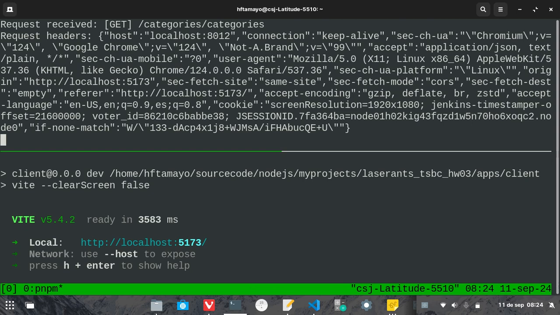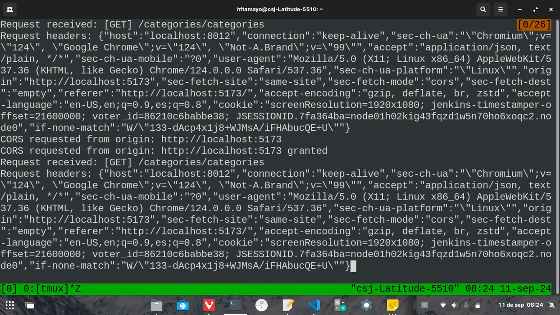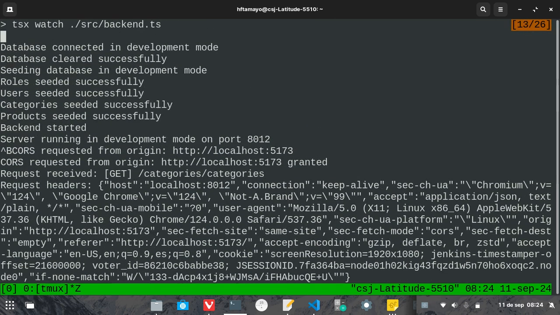So let's go to the backend, and as you can see, we are getting this walkthrough. For example, I got a request from, in this case, the front end, which of course is in the whitelist. And if we get requests from a different or unknown source, that should be blocked. So in this case, it was granted, and we are sending this endpoint, and the headers of the request were this. Okay, so far